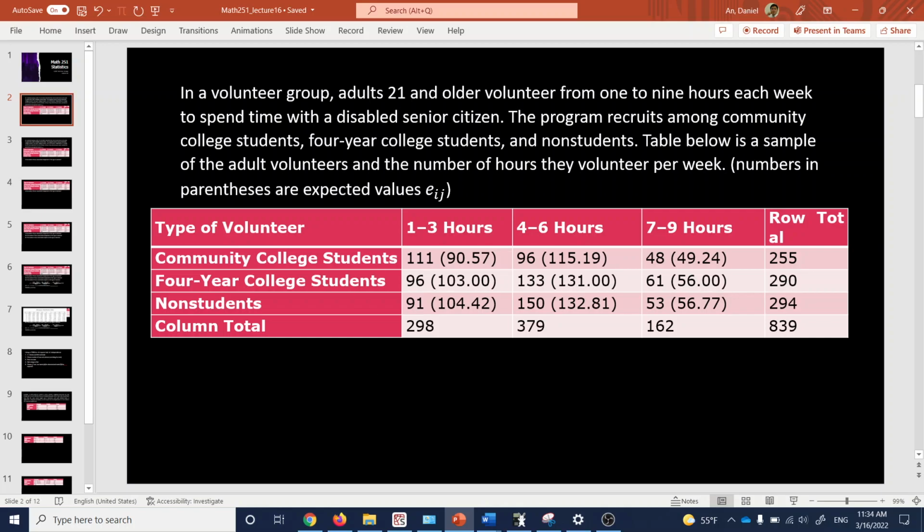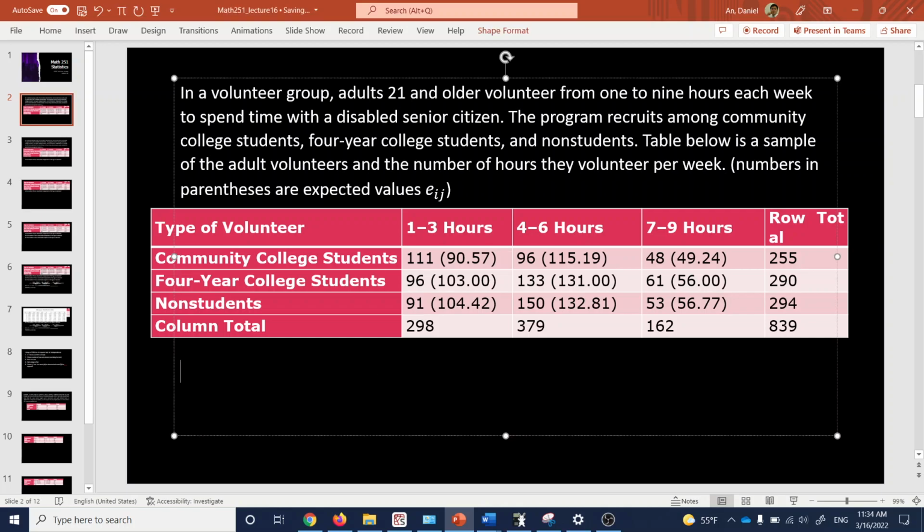The way you get it is, see, if every one of these cells were totally blank, and you were just given the row totals, the column totals, and the grand total, what would you fill in if you thought that there was no difference between the columns or between the rows? What you would do is, you know that